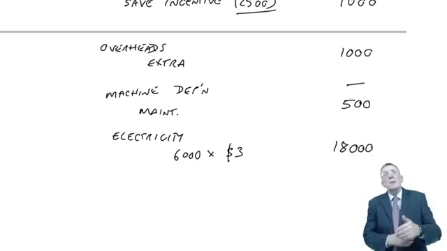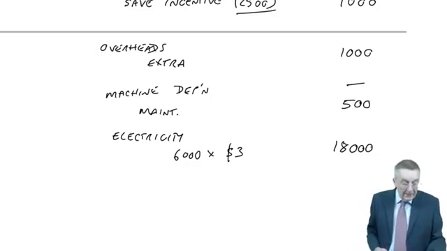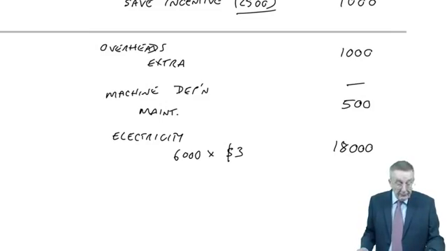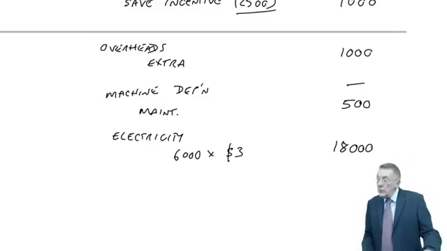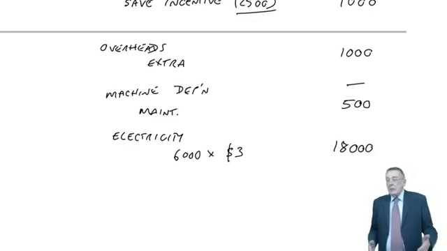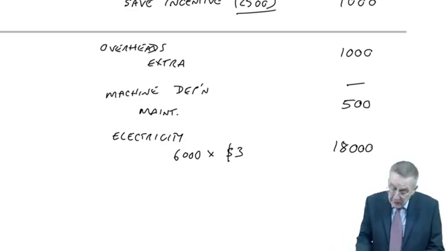Now then, forgetting anything else, if we do this special contract, we'll steal 2,000 hours from another job. That'll lose us $2 an hour, so we'll lose 4,000. Well, I'm only going to do the new job if it gives me more than 4,000. And so this lost contribution